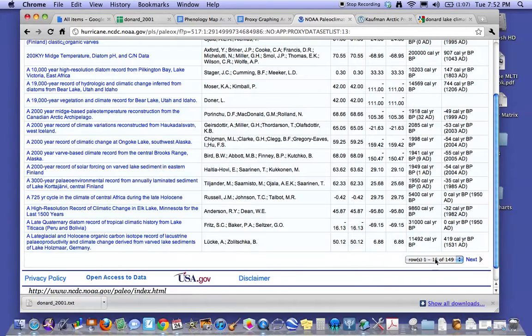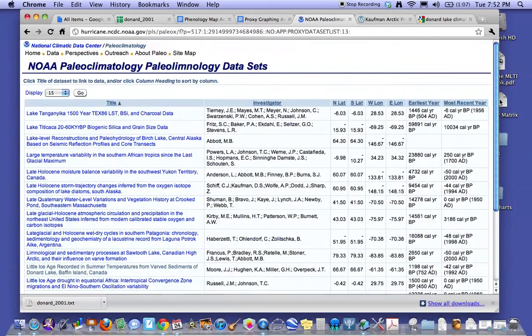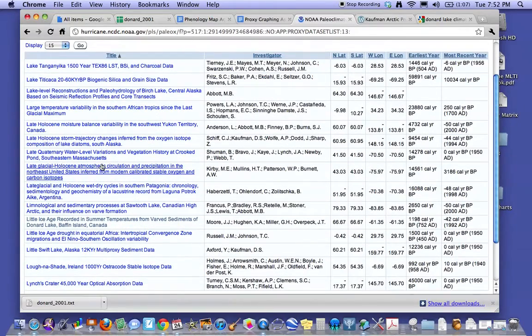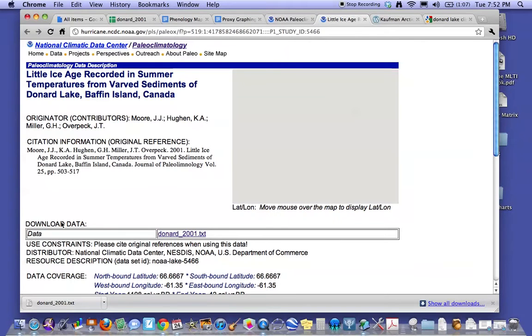To give you a sense of this, I'm going to go to maybe page 5 or 6 of this, and I'm going to choose this one here. One of the dangers of,